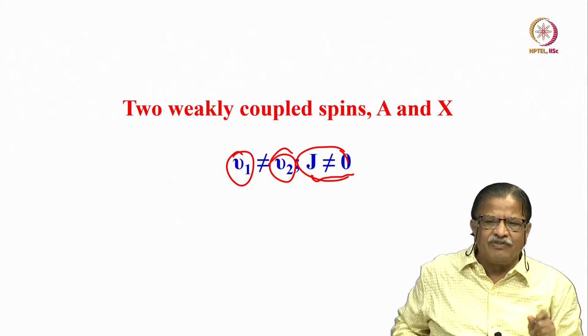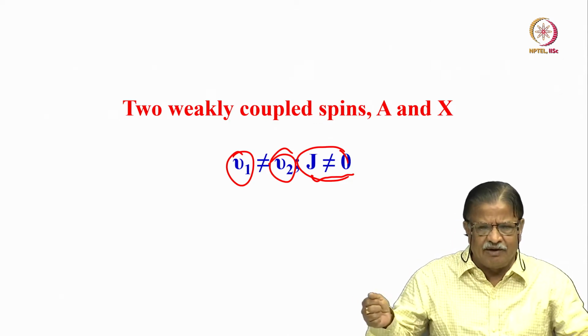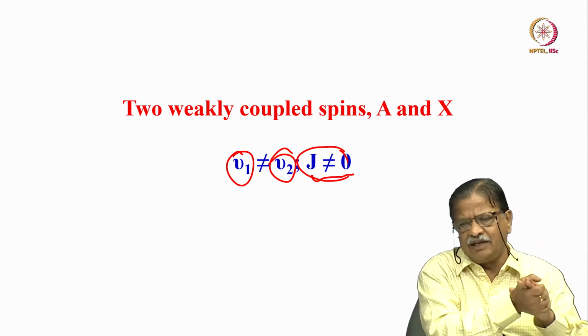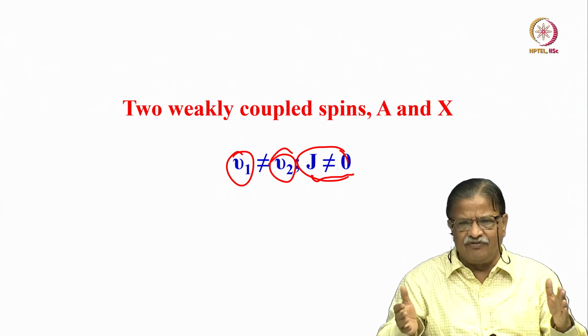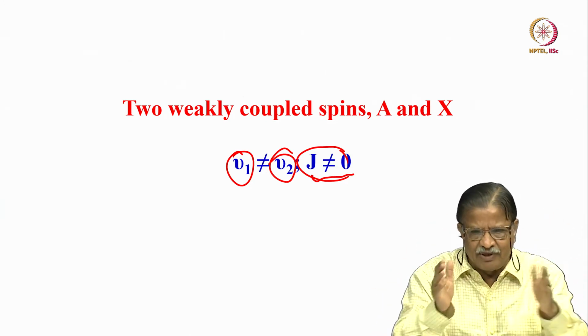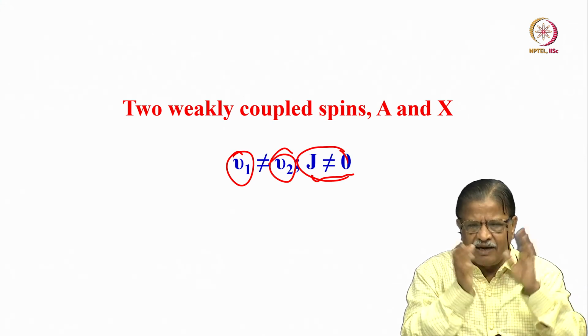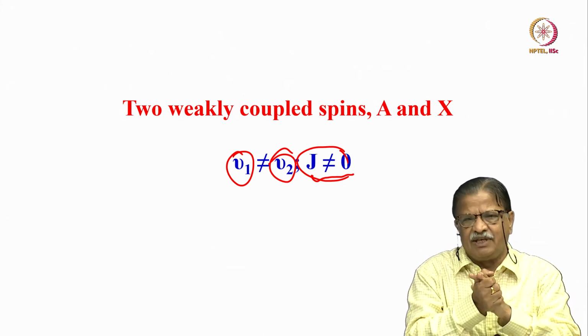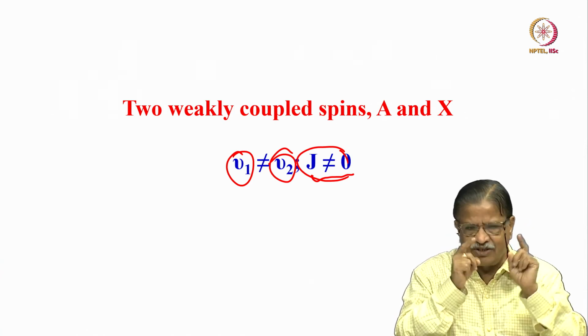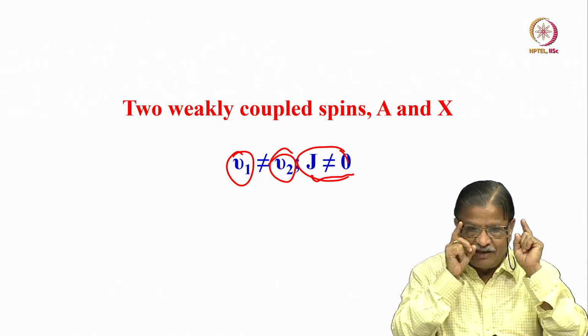If I assume one of the chemical shifts is quite large compared to the other, say X is quite large and comes at the down field while A is at the high field, I showed in a simple stick plot that you get only 2 peaks for 2 weakly coupled spin system with J equal to 0. Next class we will analyze the situation quantum mechanically when J is not equal to 0.